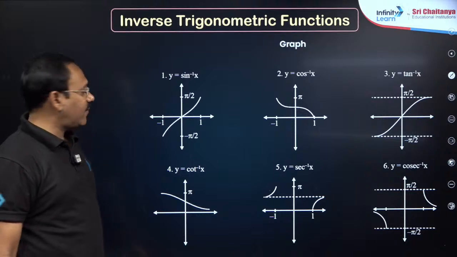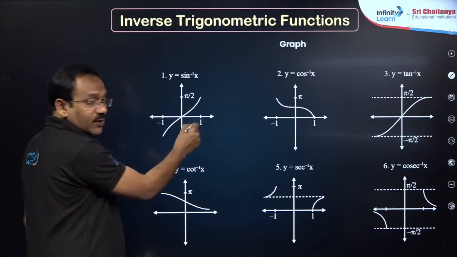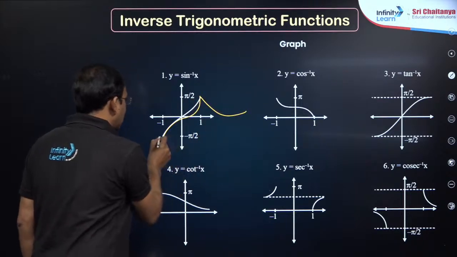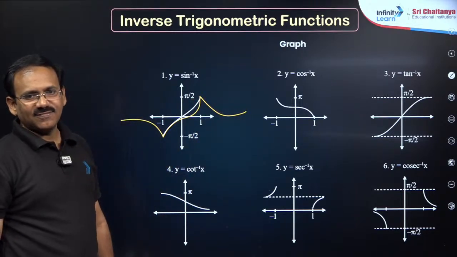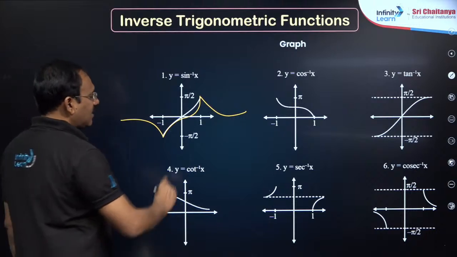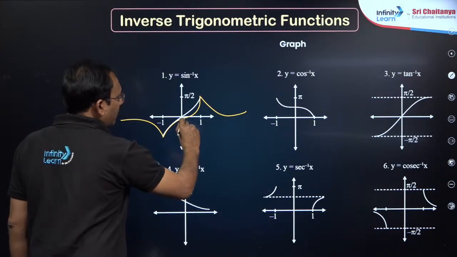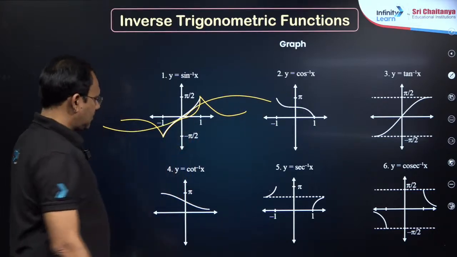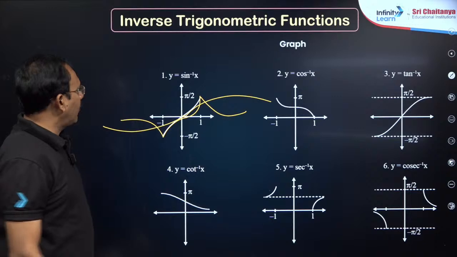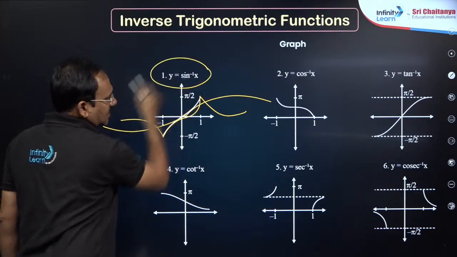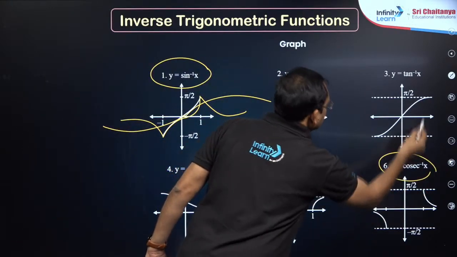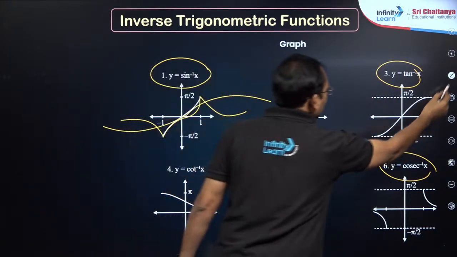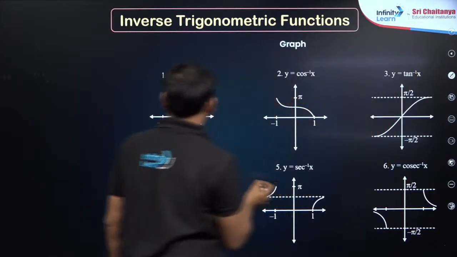Next, my dear friends, the graphs. I told the graphs in a different way. Suppose you plot -1 to 1. The sin inverse x graph is this. Draw this part to get the cosecant inverse x graph. And tan inverse x graph would be just below this. It goes like this. These three you combine: sin inverse x, cosecant inverse x, tan inverse x in a single graph. Let me show it in a single graph so that you can understand better.